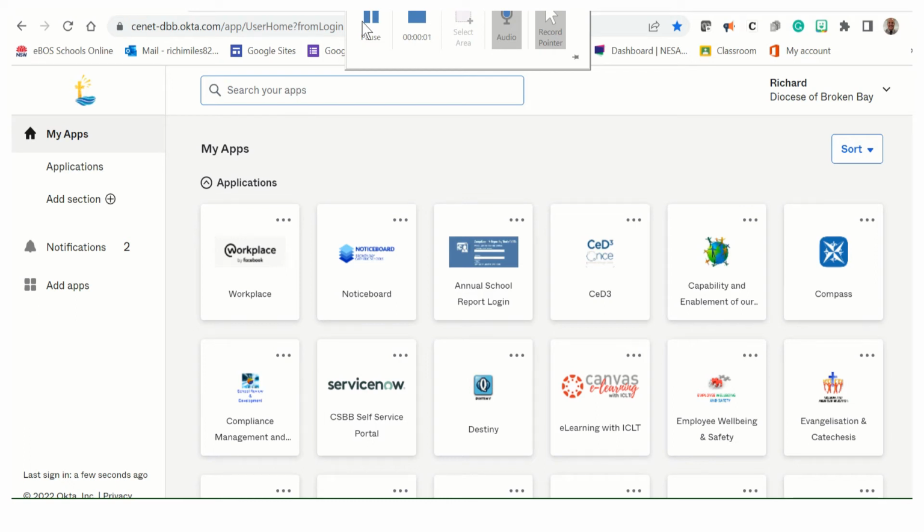Hi there, this is just a quick video to show you how you can get the APA generator for your